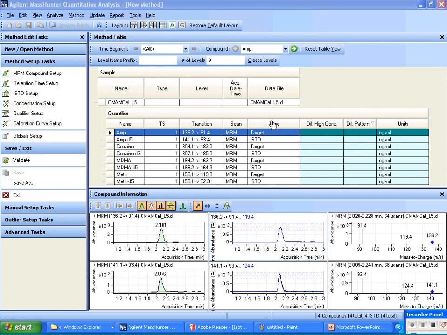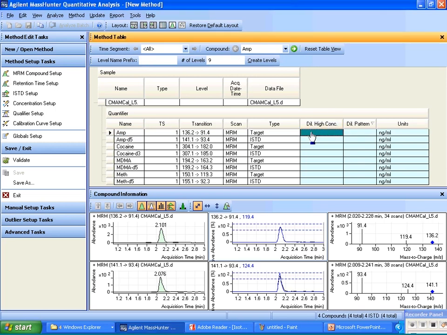And what I'm going to do here is use the dilution assistant, which is the toolbar up here. So I know that the highest concentration for this particular sample, this particular compound, is 125. I also know that I used quite an elaborate dilution pattern of 1 to 5 to 2 to 2.5 to 2. There are other choices that are simpler than that, but that's the one that I used to create this calibration